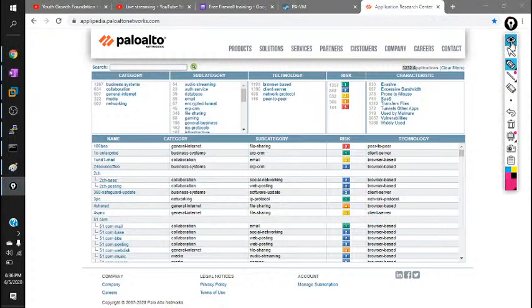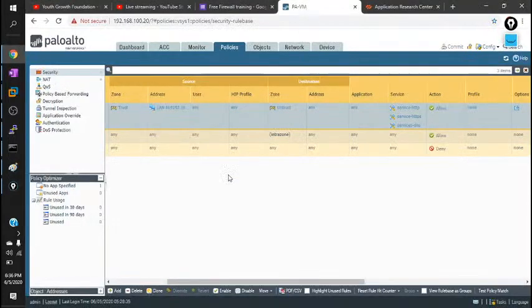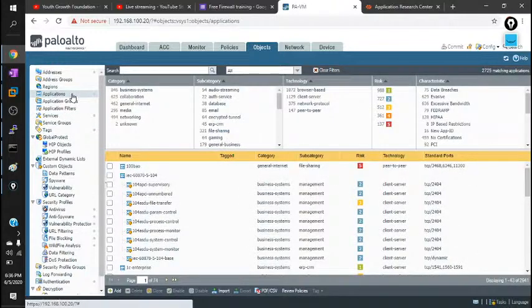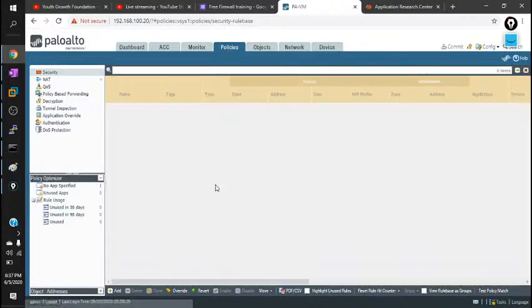Next, we have to check this database on our Palo Alto firewall. As you know, in this firewall I don't have a license, so we have our old database. To check the application database, we click here, applications. Right now you can see on this firewall we have 2,725 applications. We get all the applications like ping, DNS. So right now I'm going to call the ping application, because we also have to allow ping.